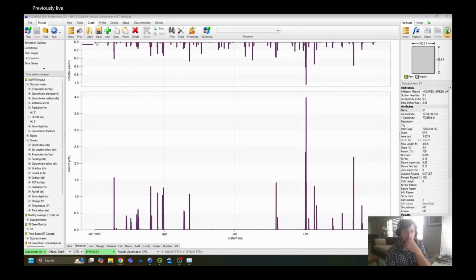Does PC-SWMM have an infiltration layer? Yes. Well, you typically deal with infiltration in SWMM at the subcatchment level. So you can define subcatchment infiltration a number of different ways. You could use a land use categorization. The most refined method that I found to do it is go to Web Soil Survey. So for example,